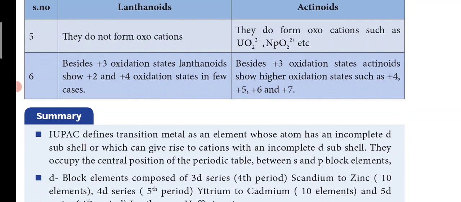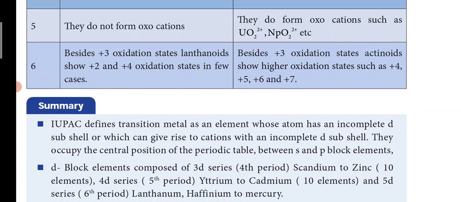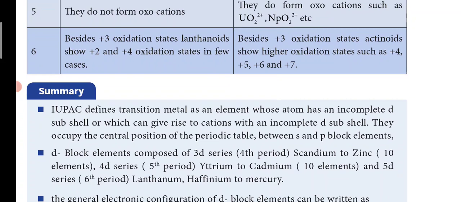And p block elements, we just completed in 12th standard this year, the second lesson and third lesson, p block elements 1 and p block elements 2 all together. The s block was over in 11th standard, the p block we finished this year in 12th standard, and the d block and f block elements, this chapter, we just completed. So altogether we have studied the periodic table in detail, s, p, d, f. All 4 blocks of elements are explained and seen in detail.